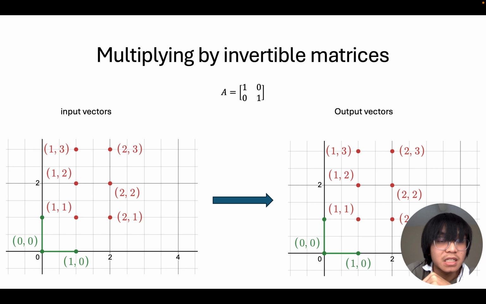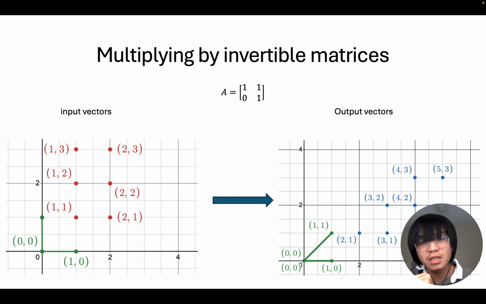Here we have the identity matrix, and we're going to multiply a bunch of these vectors onto the identity matrix. As you can see here, our output vectors are the exact same, which is what we expect with the identity matrix. All right, let's get a little more complicated here. Here we have [[1,1],[0,1]]. We have the same input vectors, this red rectangle over here. But as you can see, as we changed our little green square down there,